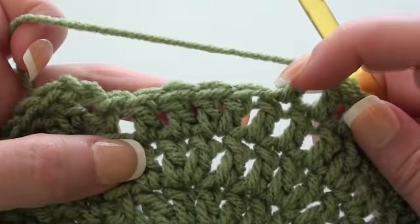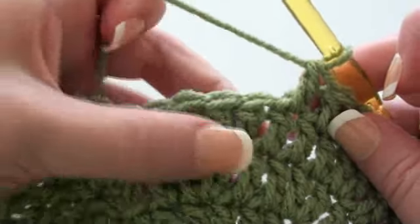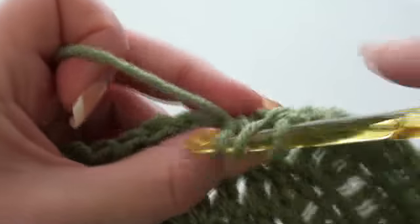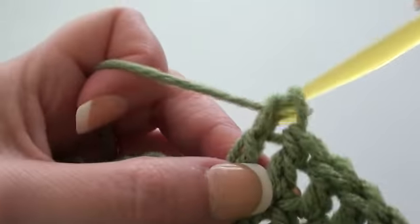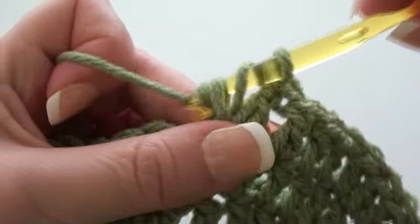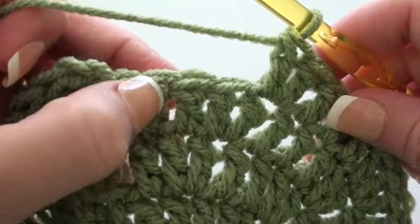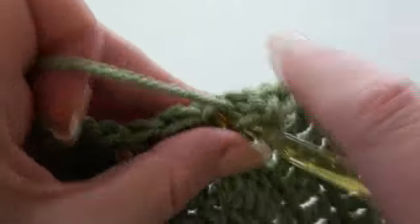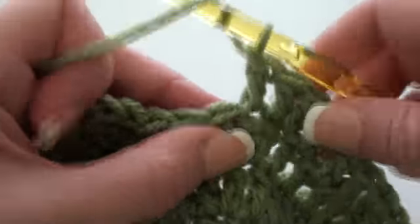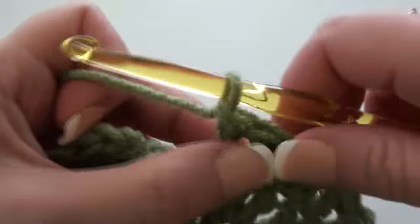So now I'm up towards the end of round 5 and I have 4 stitches remaining here. Now into this next stitch we're going to do 2 double crochet stitches. So there's 1 and a second double crochet stitch into that same stitch there. And now we have 3 remaining stitches. We'll do 1 double crochet stitch into each of those remaining stitches. So there's 1, 2,